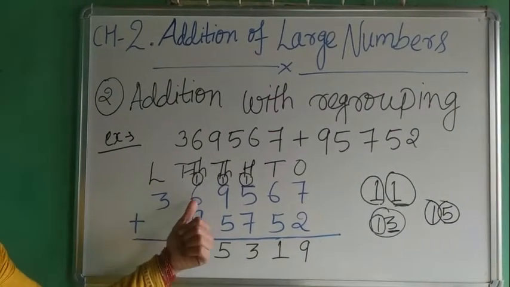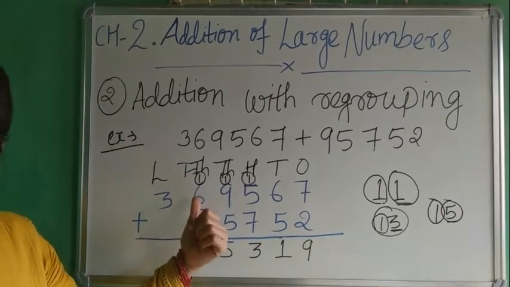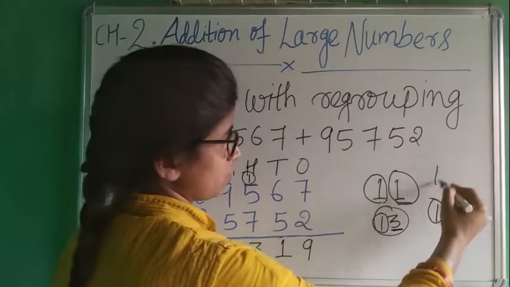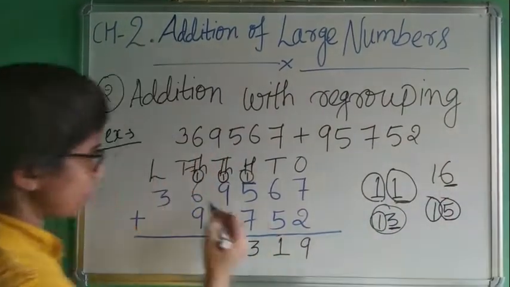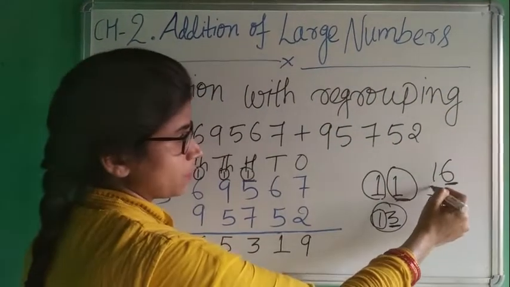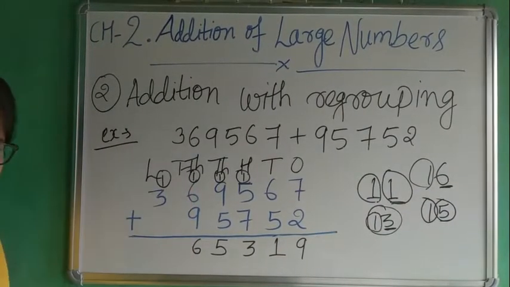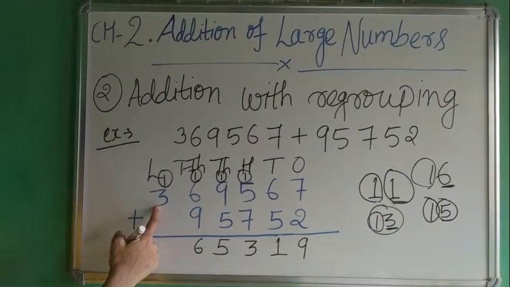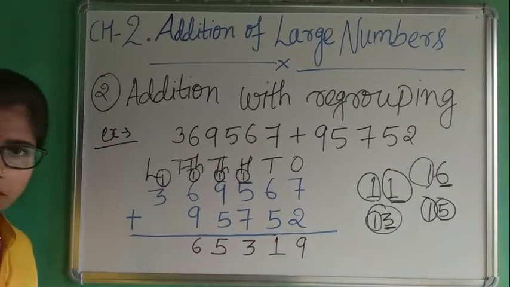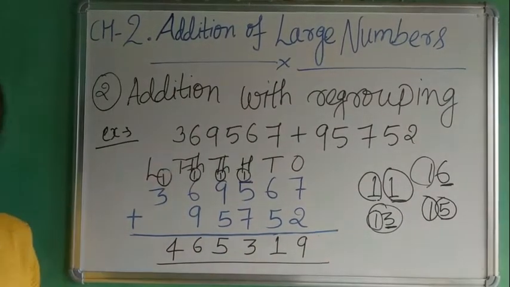Okay. Now let's add 6 plus 9. 6 plus 9 is 15, plus 1 carry. It is 16. So 16, 6 will be under the 10,000 place. Okay. And 1 will be your carry. Now here at the lakh place there is 3 and nothing else. So you will add the carry to 3. 3 plus 1, 4.